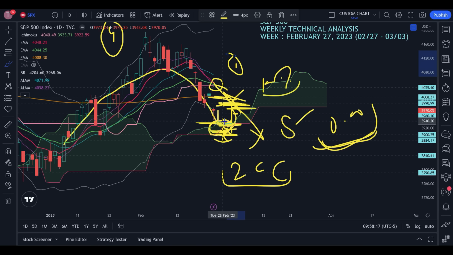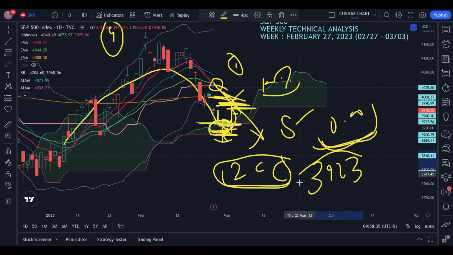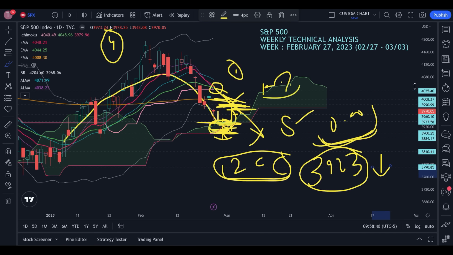The second part is that if the S&P 500 fails Monday and Tuesday, or Tuesday and Wednesday, it means two consecutive closings below the Ichimoku cloud. How much will that be? It will be below 3923. 3923 is the number. So two consecutive closings below 3923 means now the S&P 500 has clearly given up